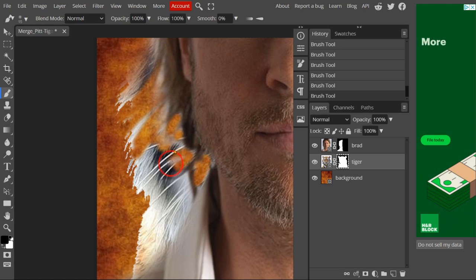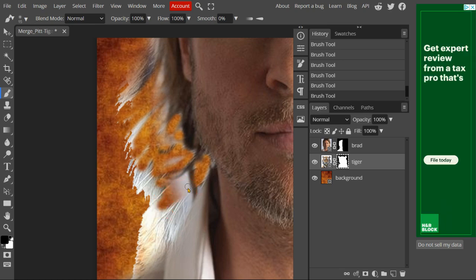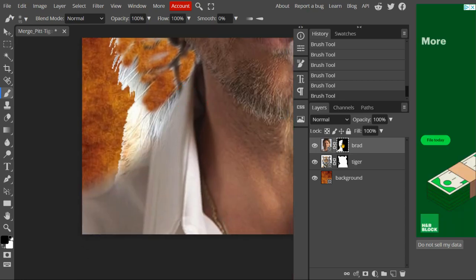Because again, you're going to play around with this, remove as much of this as possible while leaving Brad Pitt's hair. And every time you run into a place where you can't see it, like this gray area right here, it means I have to delete it from the Brad Pitt layer as well. Then once you're satisfied that you have as much as you want removed,